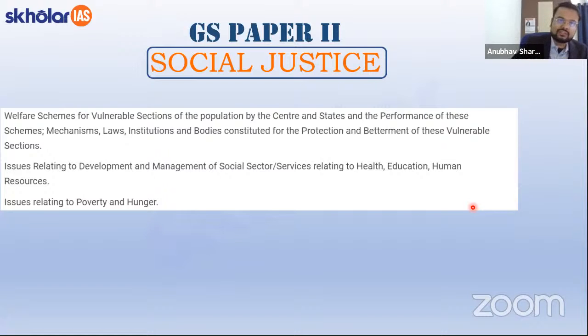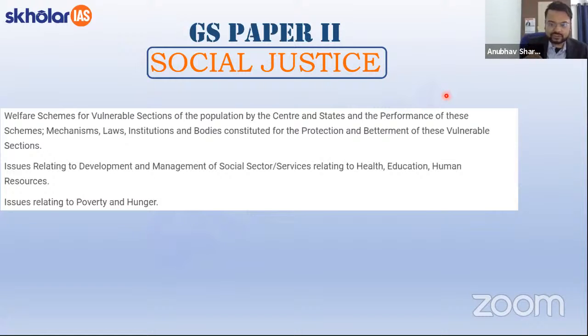For example, now 370 has been removed. So if you are following a Lakshmikant book which is before that, it will look at Article 370 as something which is still in play. As such, you may get misled. Now, if you are smart enough to identify things which you need to study from Lakshmikant and things that have changed, then again, an older version can do for you. But certainly, it should not be a version which is 2 to 3 editions old. If it is 1 year edition old, it's absolutely fine. I hope this answers the question that you had. Fine. अब हम बात करते हैं सोशल जस्टिस की।